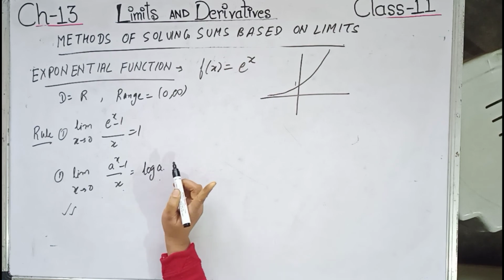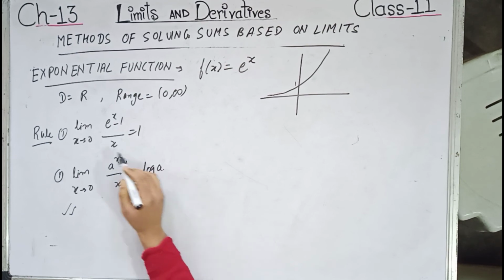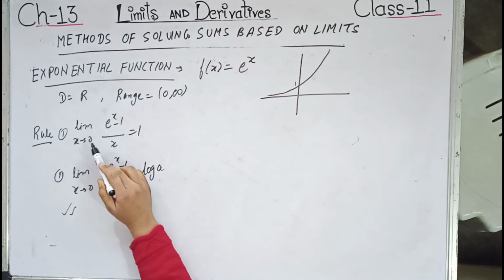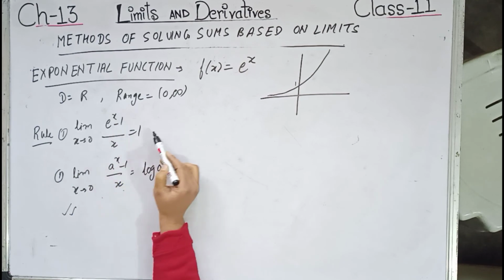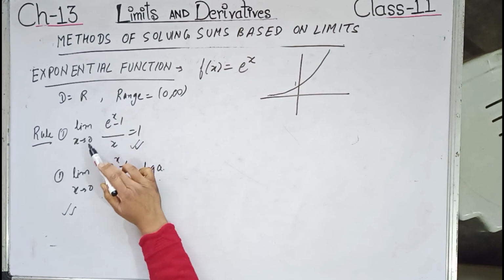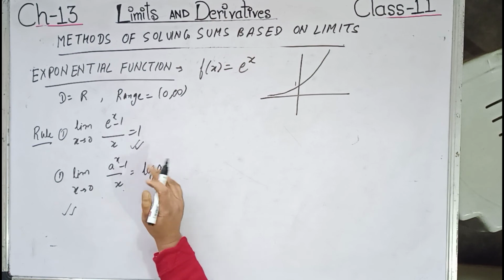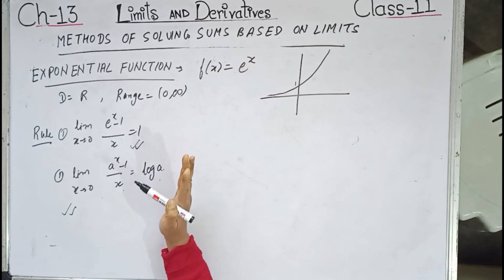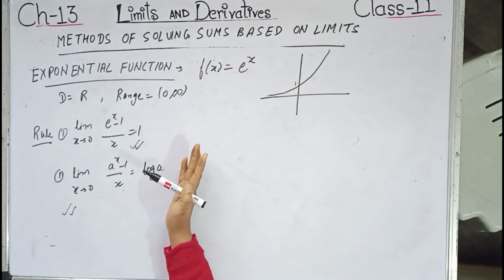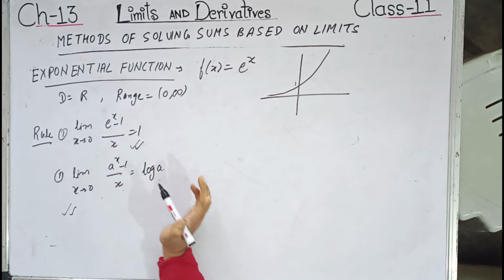Now in NCERT, we will be following the natural logarithm. So whenever the base is not mentioned, we will be assuming it is e only. Now over here, in place of a, if it is e, then limit x tending to 0, e to the power x minus 1 by x is log of e base e, and log e base e is always equal to 1. So most of the sums will be coming like this, based on this formula only: limit x tending to 0, e to the power x minus 1 by x is equal to 1. Here also, if by direct substitution it is coming to be a defined value, we will be putting the value directly. Otherwise, if it is coming in any of the indeterminate forms, we will be converting to this form, and hence using this formula and solving the sums.